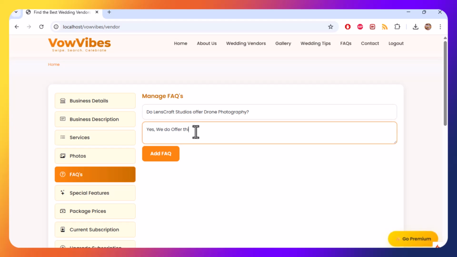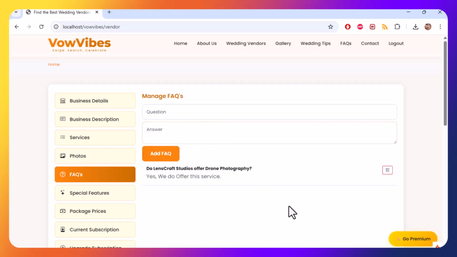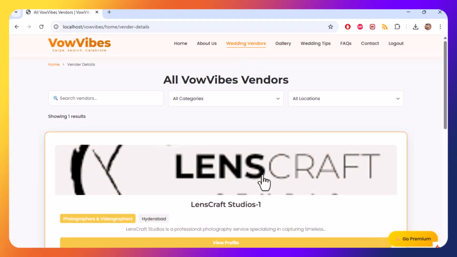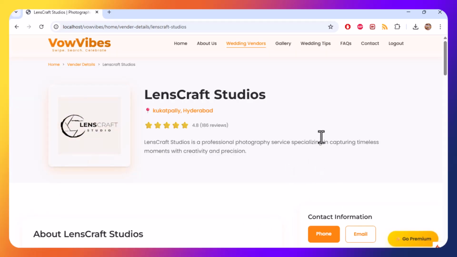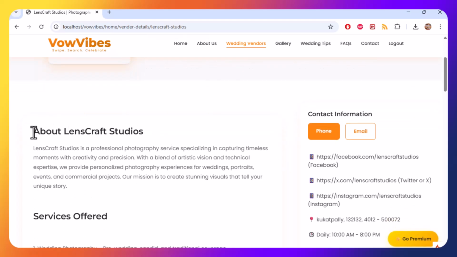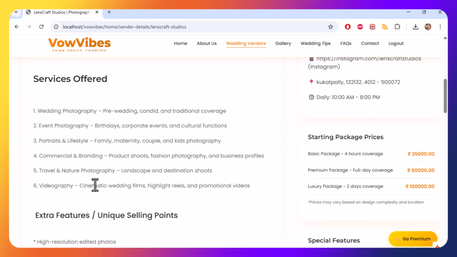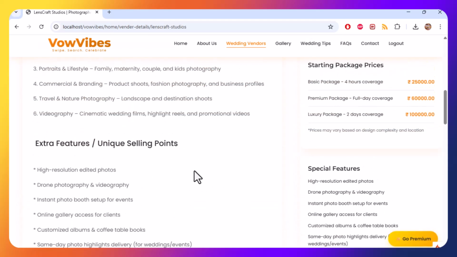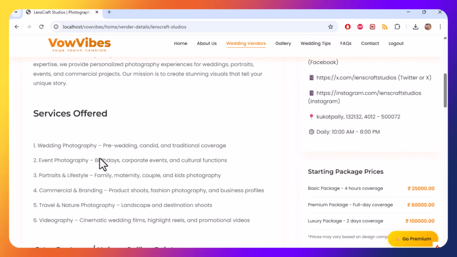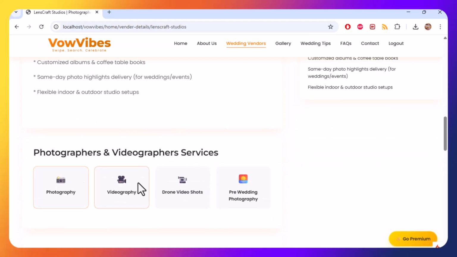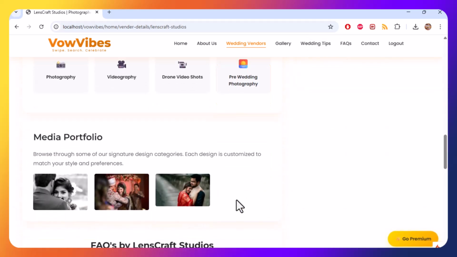All the vendors can be seen in our wedding vendors. A beautiful logo with the name and the description of services offered is mentioned over here. Apart from this, whatever services you have mentioned will be displayed here, and your portfolio, and thereafter your FAQs. Special features will be displayed on the right side, as well as your packages. Your social media accounts and your address will be displayed